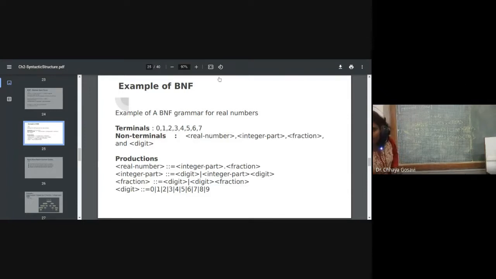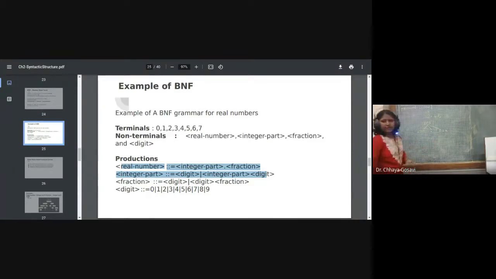So this is your grammar. The grammar is on the slide, so I'll rub this part. What is the start symbol? Start symbol is real. Then we have only one production with real, that is integer part and fraction. I am just using a short form because of the space: int, then dot, and then fraction.